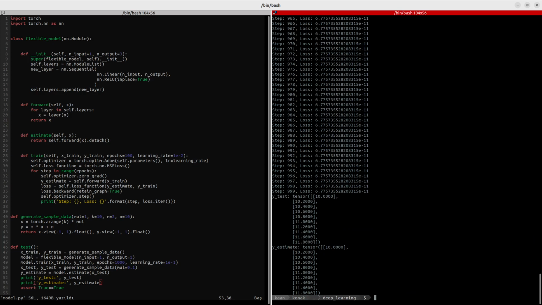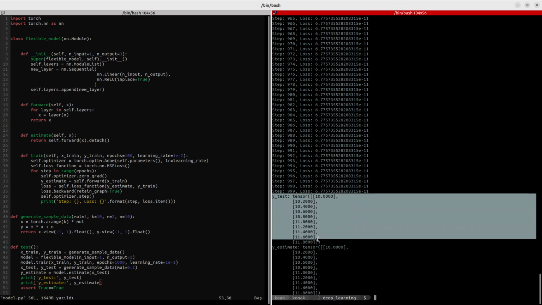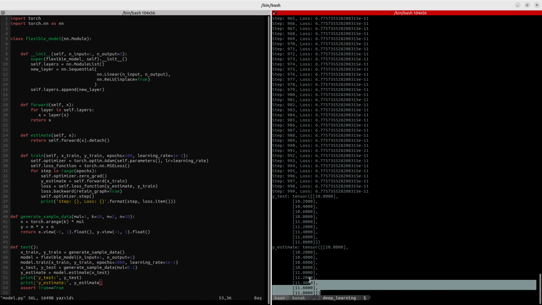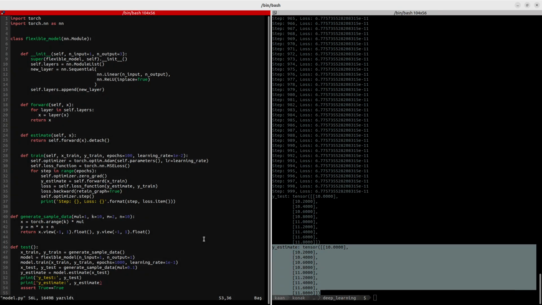Okay, I think this is a super good model. As you can see, I provided these x test, and my test ground truth data is this. These are the actual values that I should be expecting from my data. And according to my trained model, I got these values. You can try different kinds of estimates as well. If you want to print, you can say, I don't know, model estimate